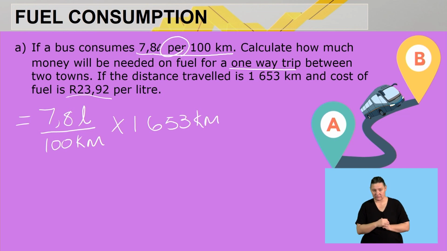Can you see now? You need to follow the correct procedure in order to get to the correct answer. You take the petrol that is consumed, divide by the distance that can be traveled, multiply by the distance to be traveled. On your calculator, 7.8 divided by 100 multiplied by 1,653 will give you